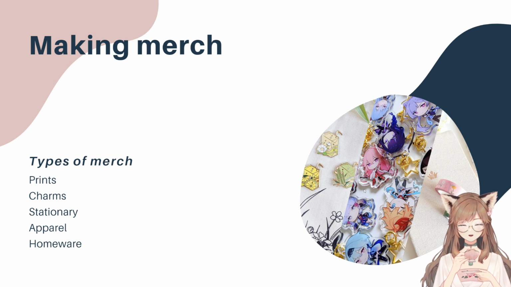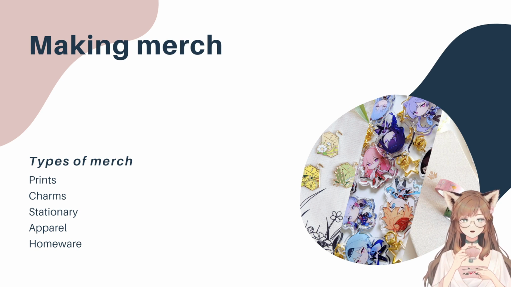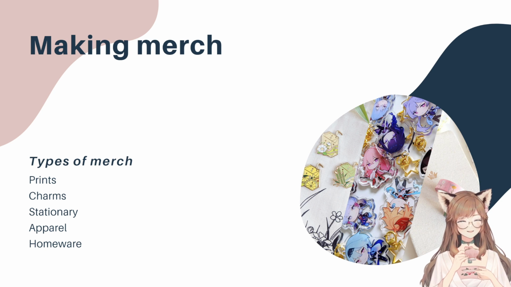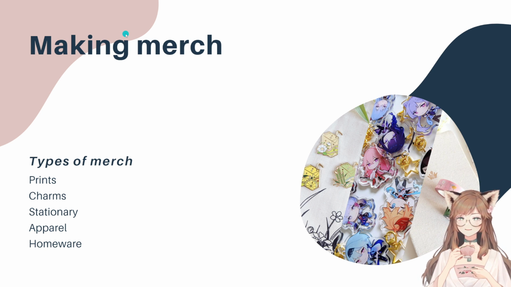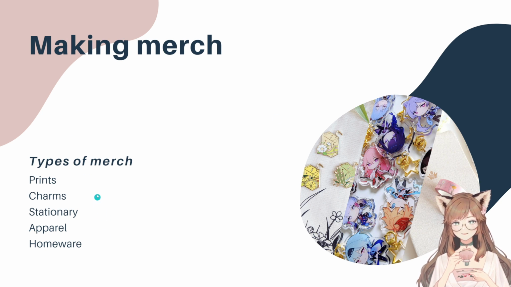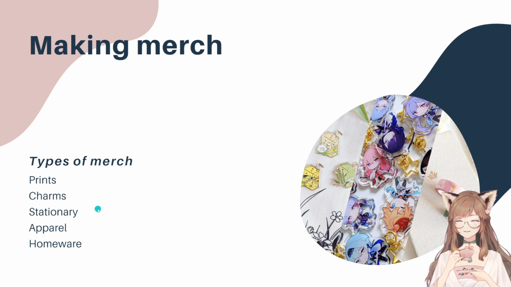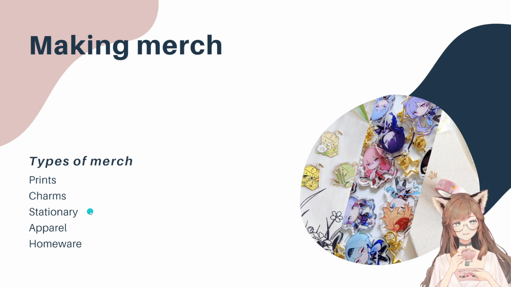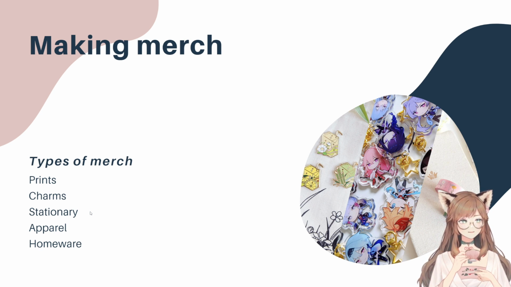Okay, now we're moving on to actually making stuff to sell. A very important part of tabling. Otherwise, you'll just have an empty table. There's lots of different types of merch, which I'll go through later. But of course, there's prints, charms, stationery. This includes washi tape, notepads, notebooks, pens, that kind of thing.